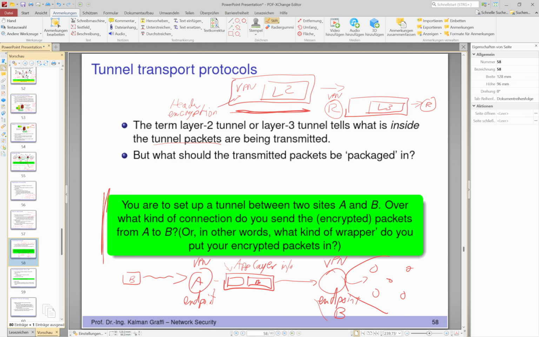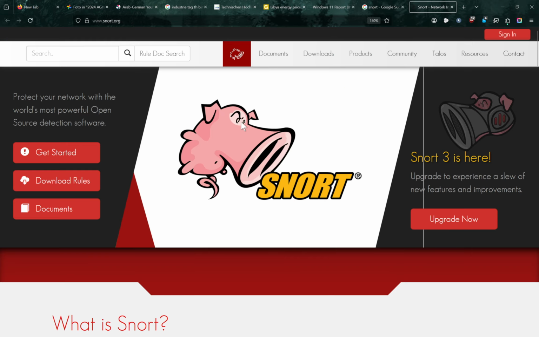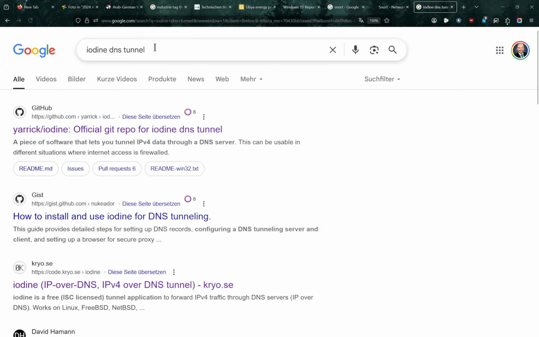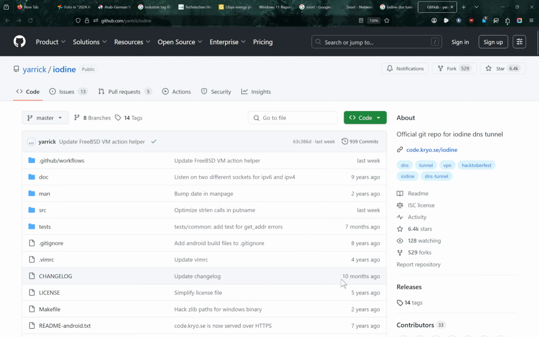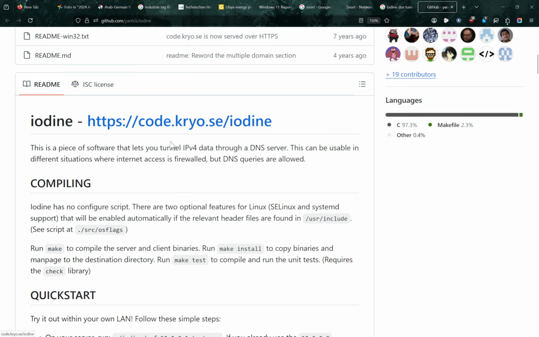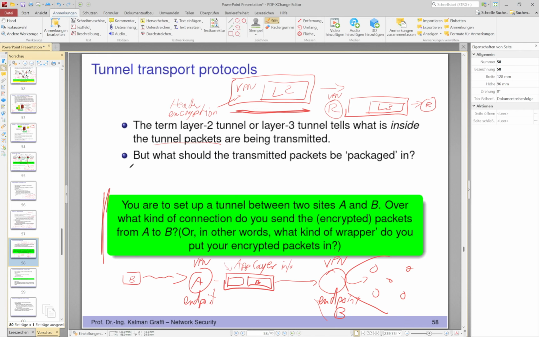Okay, so one of the examples where you could put it in is iodine. What it does is let you tunnel IP version 4 data through DNS servers. It sounds a little bit strange, why put IP version 4 data in DNS traffic? But what you could for example do,